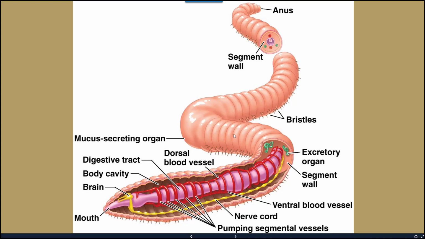And then when you get to the second half of the body, after this structure here, it's basically the simple rest of the digestive tract, and then there's a nerve cord as well as a blood vessel that's running all the way down there, and that's it. So the bulk of everything is happening in the first third or so of this organism.